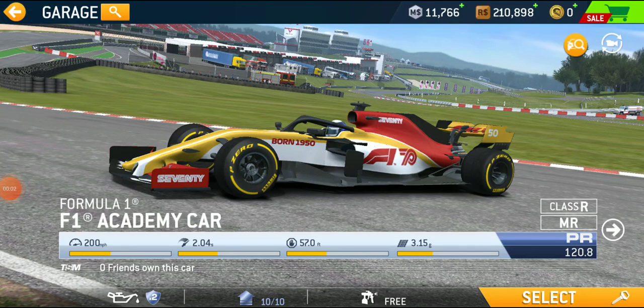Well, everybody, it's been 2 years now since I've shown all my cars in Roll Racing 3. On August 25th, 2021, I had 66 cars in my garage. And after 2 years of playing, I collected a lot more cars than you'll ever get. So let's get started. First off